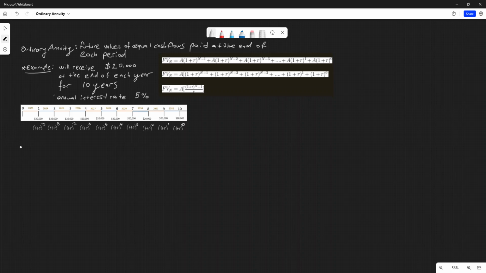You have your future value for 10 years, and here 10 stands for N, and you have $20,000, which is the first payment you received at the end of 2023, and here the future value factor is 1 plus 0.05 as the 5% interest rate,